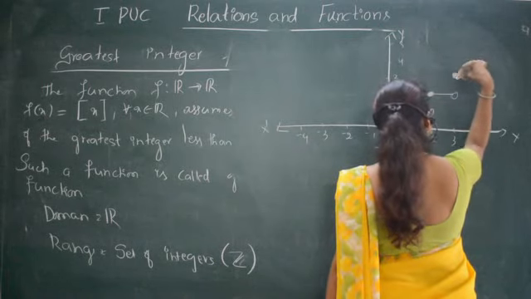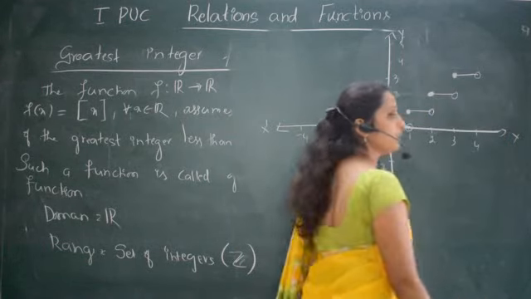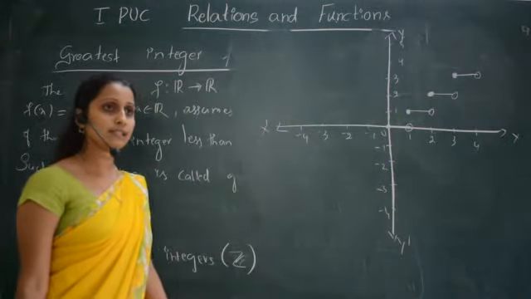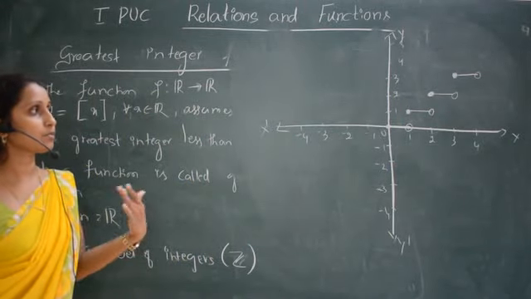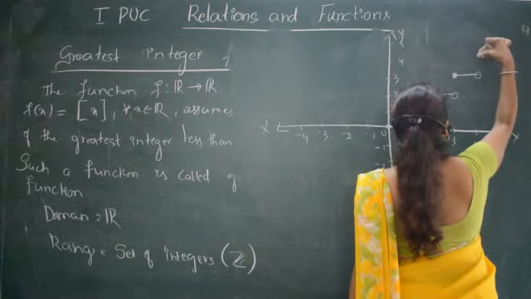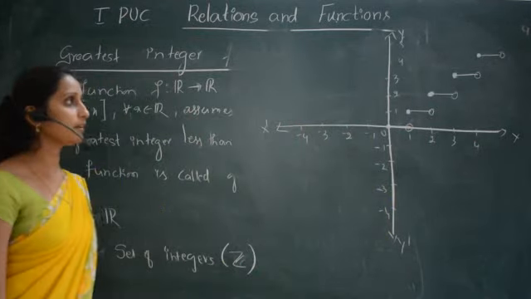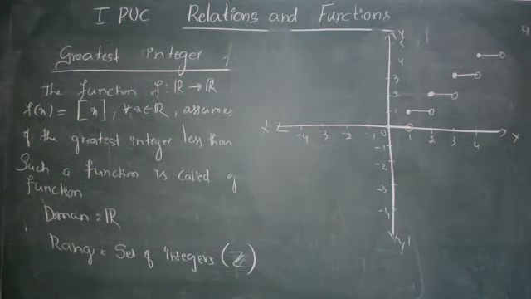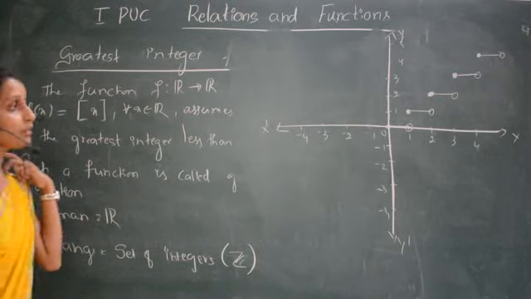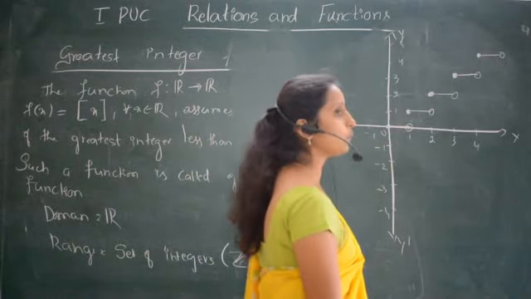So for all that it is 3, up to 3.999 it is 3, but when it is 4, it comes to 4. So here it will be 4 and up to 5, like that. So now I have started from 0. One side is included, darkened circle, one side is excluded, open circle. Next is when it is from here to here, 0 to 1, then minus 1 to 0.